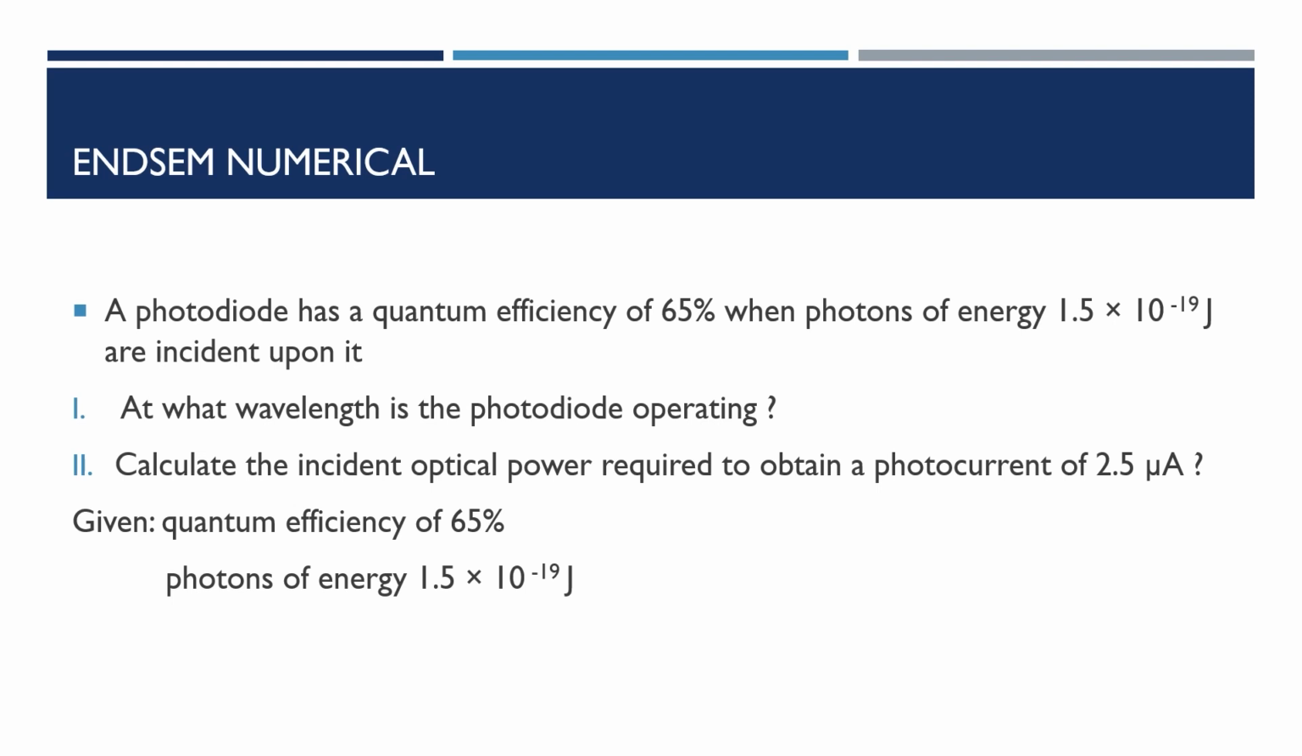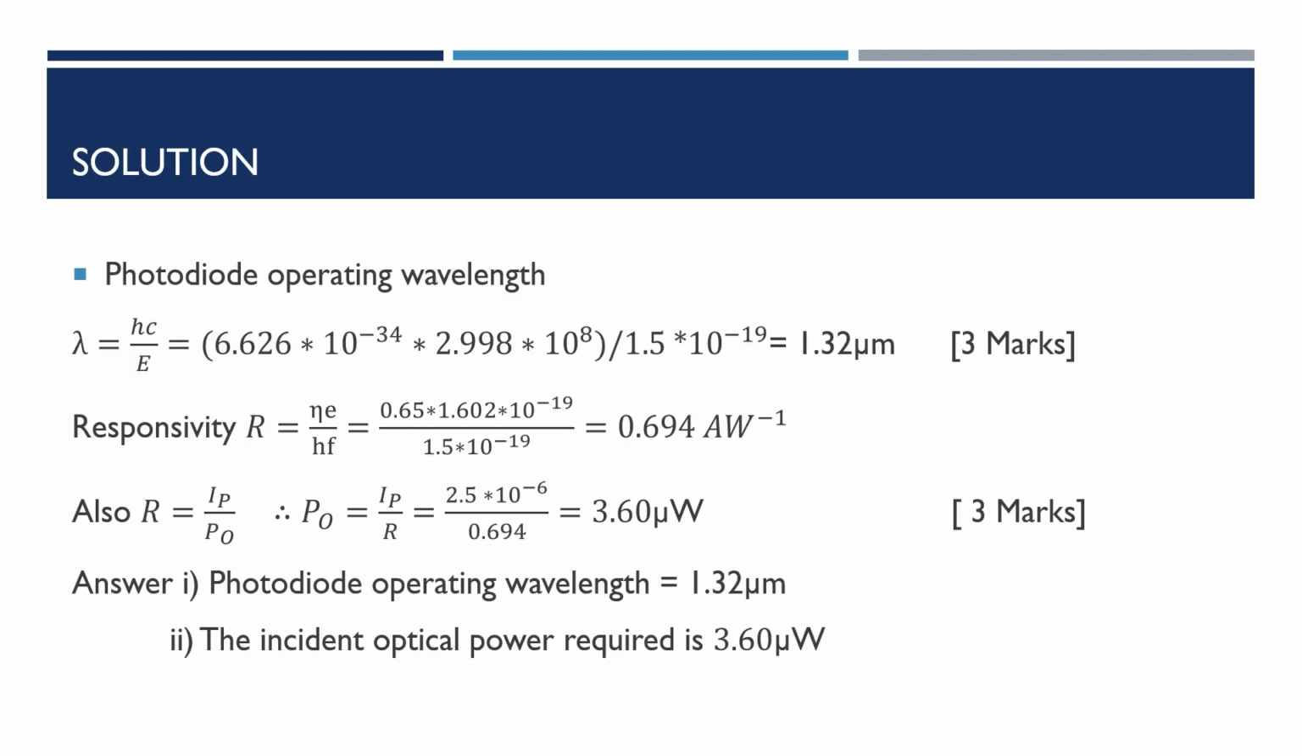The given information is quantum efficiency 65% and photon energy 1.5 × 10^-19 joules. The photodiode operating wavelength formula is lambda equals hc divided by E. H is Planck's constant, c is the speed of light, and E is the energy of the photon. So H is